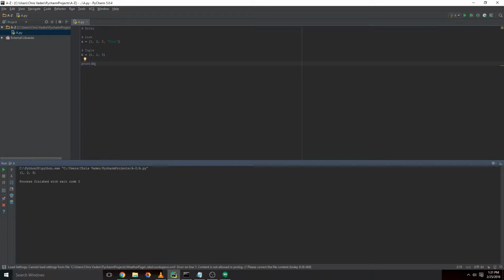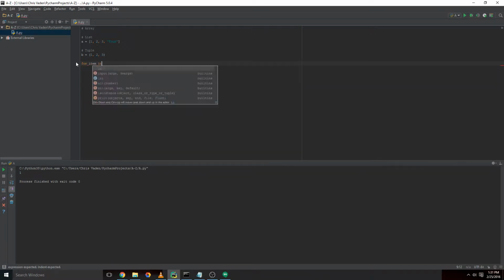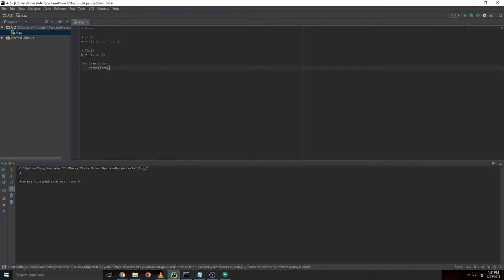And we can address it the same way. So if we do B index 0, we get 1. Okay, so that works the same. If we do for item in B, we have the ability to print item. Okay, so iterating over a tuple is the same as iterating over a list. But there are some things that we can't do. For example, we can't do